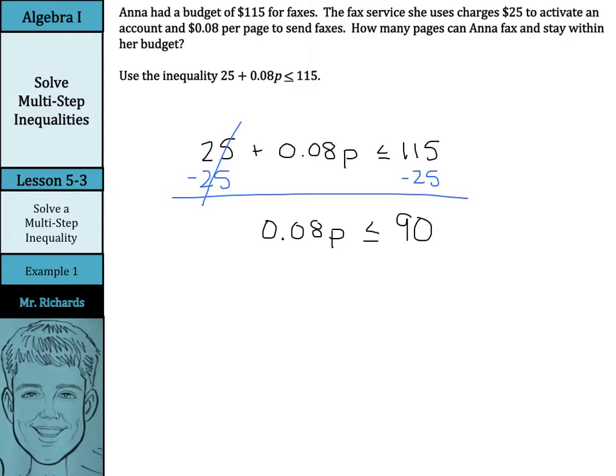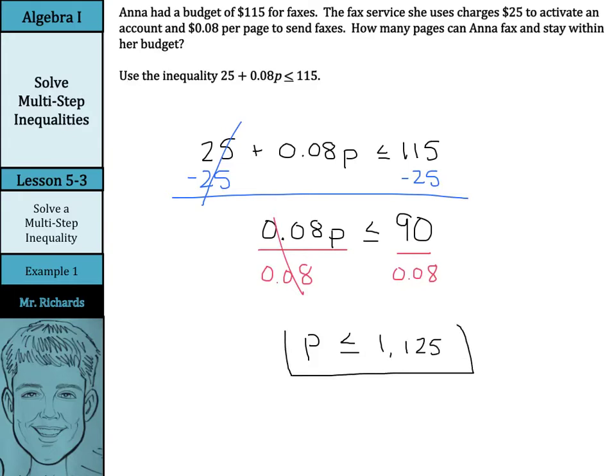And then divide by that 8 cents per page, since the opposite of multiplication is division. In the result, we're dividing by a positive, so we do not need to reverse the inequality, and the result is 1,125. So p is less than or equal to 1,125,